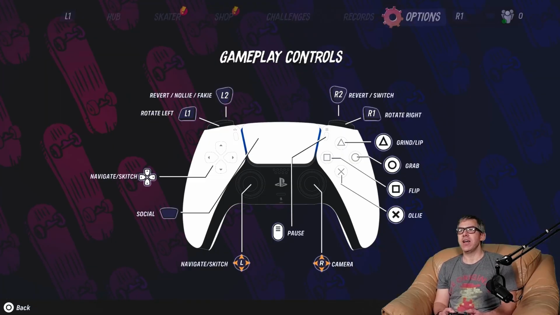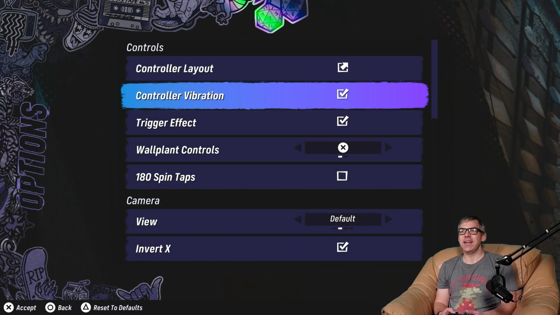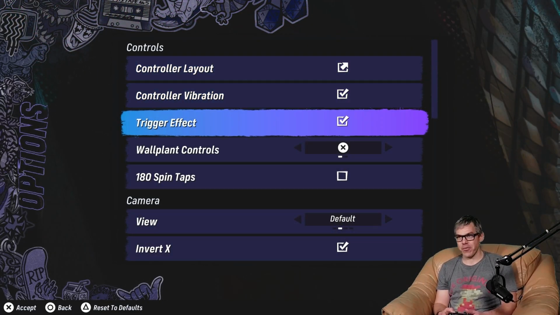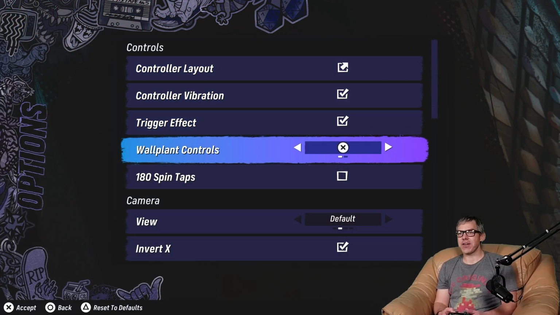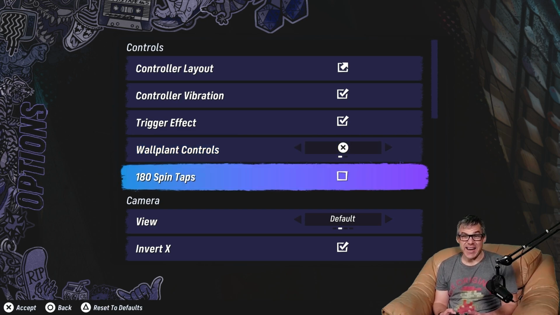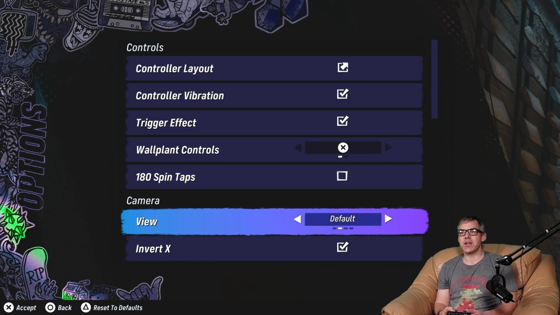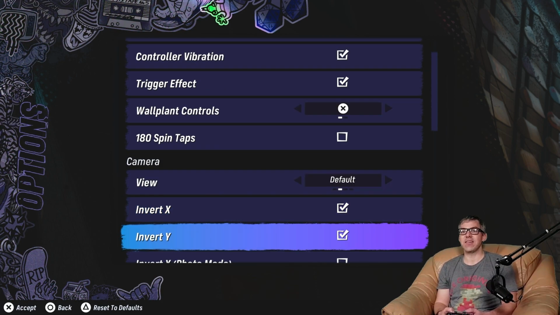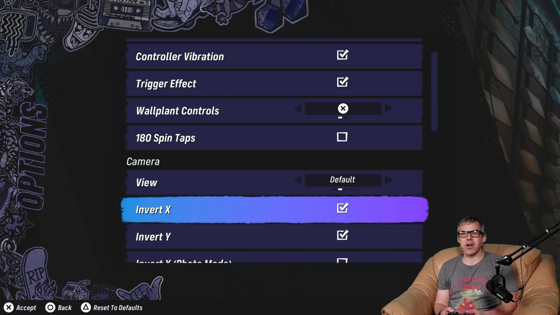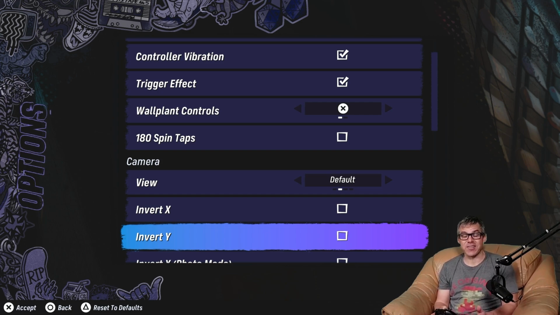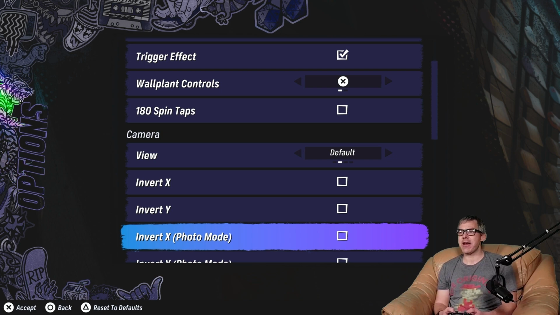Gameplay options, control layout, they have the perfect controller map, great work. Controller vibration, yes please. Trigger effects, absolutely. Wall plant controls, X makes sense. 180 spin taps, that's not for me, but if you just want a quick flick and get around, that option is there. View default, yes thanks. I don't know why by default X and Y are flipped, but I'll disable them. That was the exact same on the Xbox as well, so not sure why they've done that, but we will